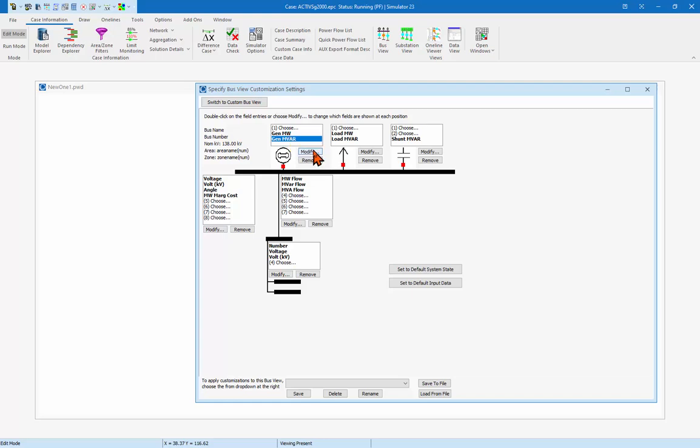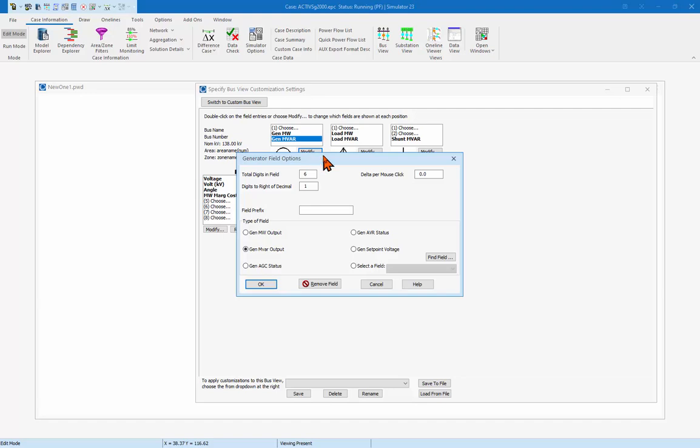I can just choose modify up here, instead of the megavars, which is one of these common fields that are shown here, and the more common ones have their own buttons out here. If I wanted to do something aside from that, like the power factor, I could choose find field right here,